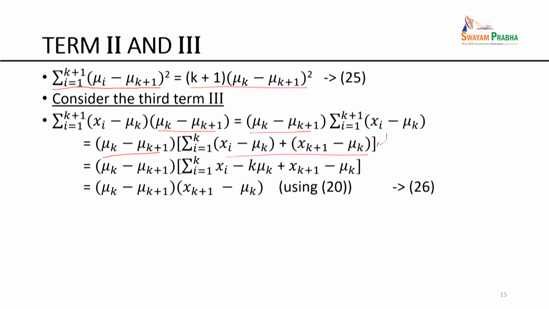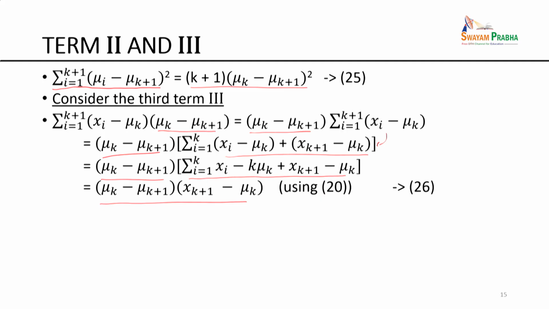Why is that? This is sum up to k plus 1. Sum up to k plus 1 is equal to sum up to k plus the k plus 1 quantity. So the mu k plus 1, this constant term, continues. If I simplify this, I get this term, which with further simplification using 26 gets you